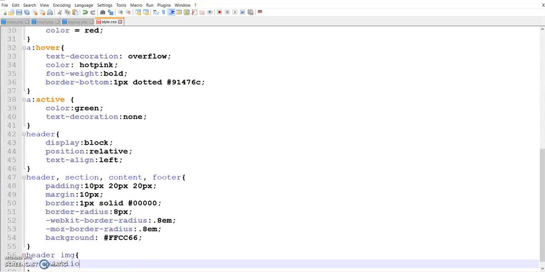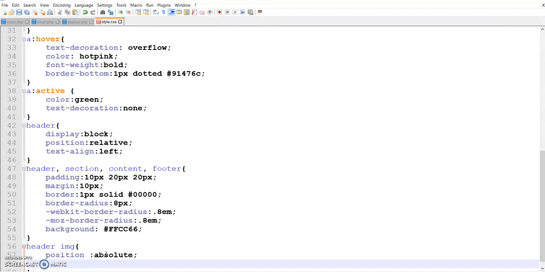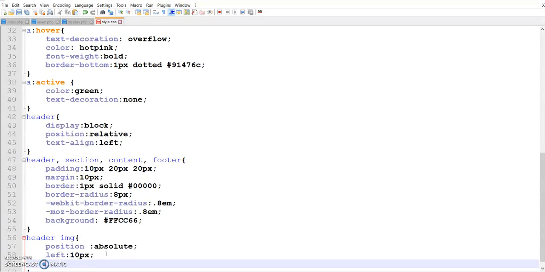So I'm just going to decide the position: absolute. And left padding. Top